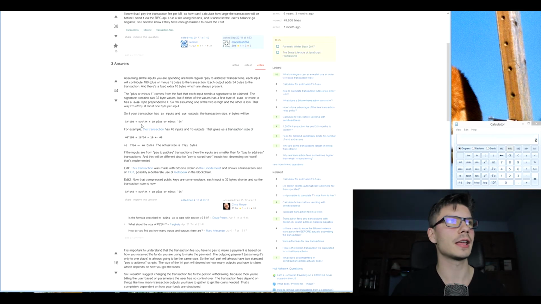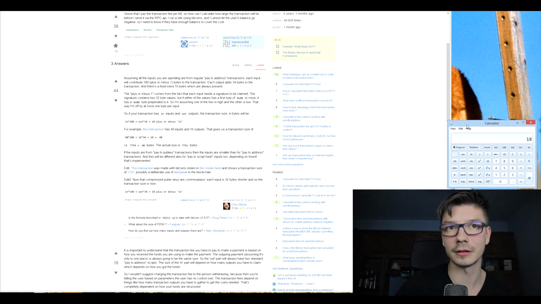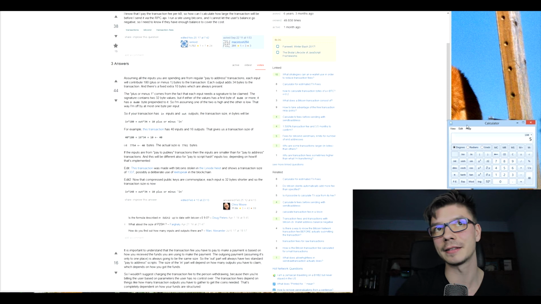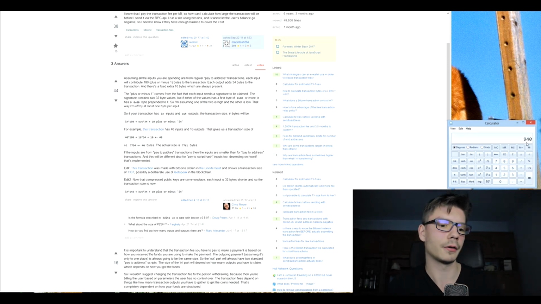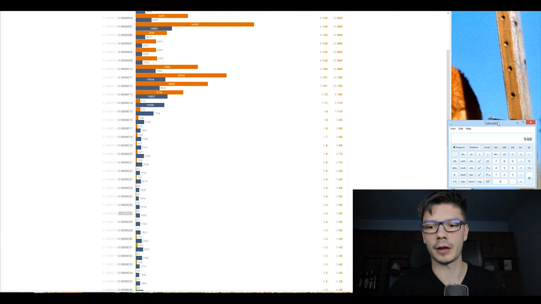And for instance, for each input you have to pay 180 bytes. So for instance, if you want to send one Bitcoin but you got it as 0.2 Bitcoins, and you have like 5 inputs, then you basically have to pay 180 bytes times 5, because there are 5 inputs, and the output is only like 40 bytes or something. So you would have to pay 940 bytes worth of Bitcoin. And if we multiply that by the price which I copied here, that would be like 0.0025